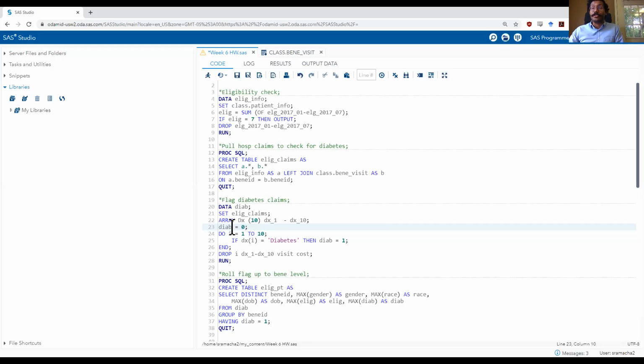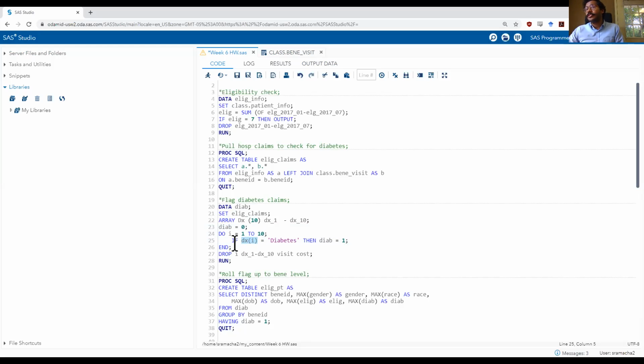that row of data has the diabetes diagnosis in it. I'm using my array within a do end loop with I as my counter variable. So do I equals 1 through 10. I'm using 1 through 10 because there are 10 variables in my diagnosis array. And I only have one statement within my do loop. It says if dxi, and this dxi is the format for referencing an array. The dx array is being referenced at the ith position. The position I, which goes from 1 to 10, is being referenced here.